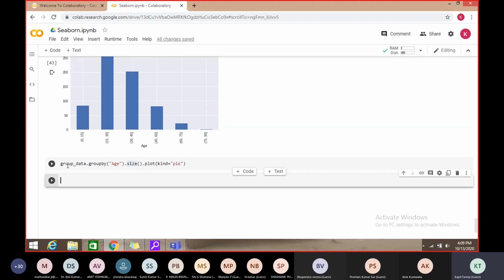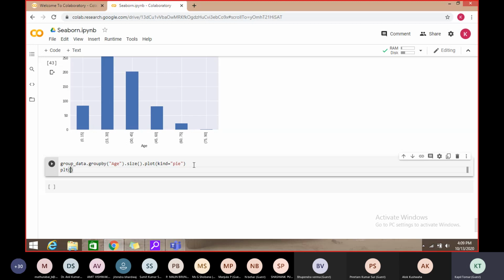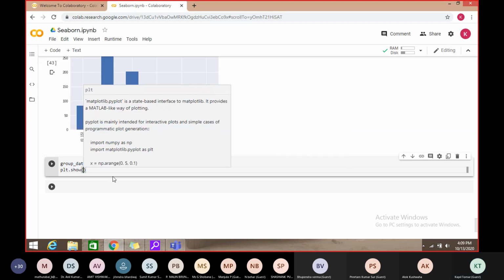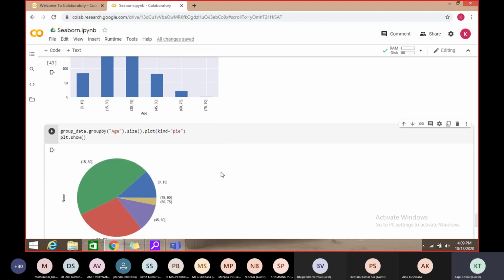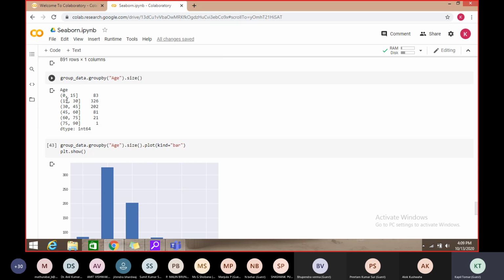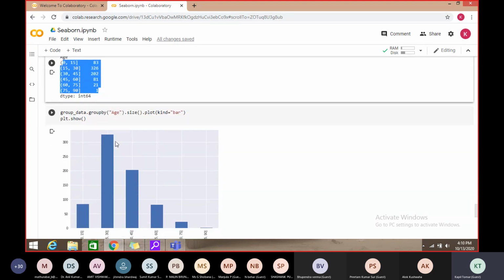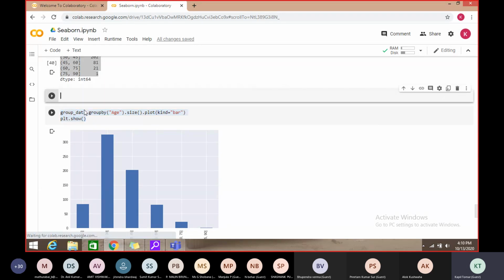Yes. Thank you. So again, group by data, where this data is stored in the form of different bins. Group by with age, and now we are calling the pie method. And again we can call plot. This is one representation of the same data. Or even we can do one more thing, the same with the help of another method.